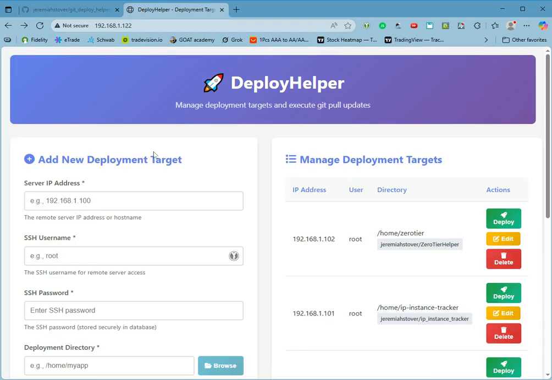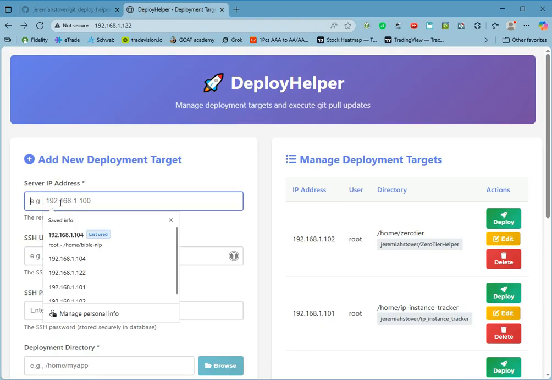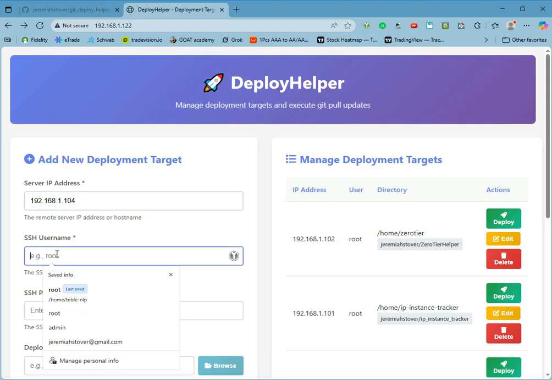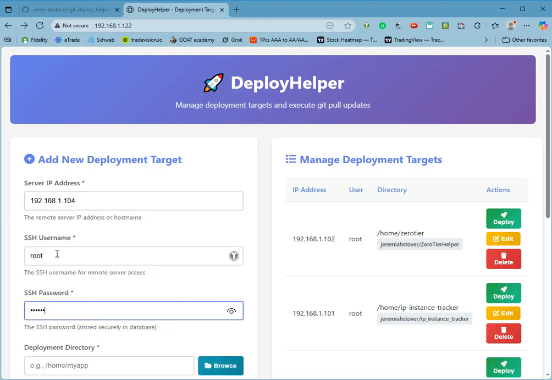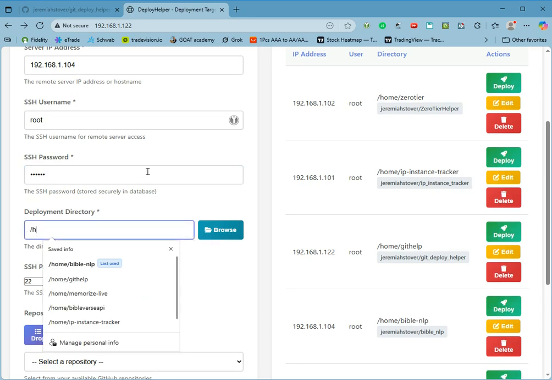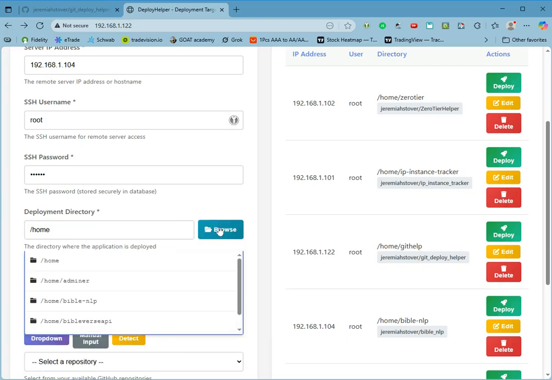Okay, here we have the application. So we can punch in the IP address of a server. Let's see, we'll use one of the existing ones. Username and password. And once we do that, it's going to try to connect to that box. So then, for example, we can say that our deploy is going to be in the home folder, and then we hit browse, and it gives us an actual listing of what the current home folder entries look like. So if we pick one of these,